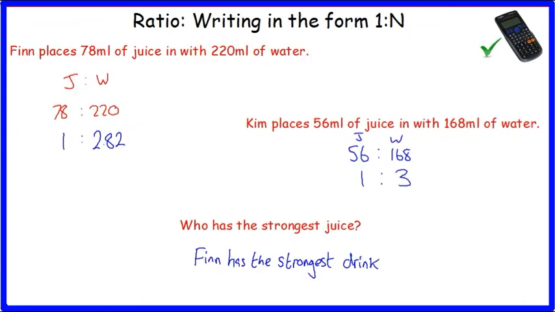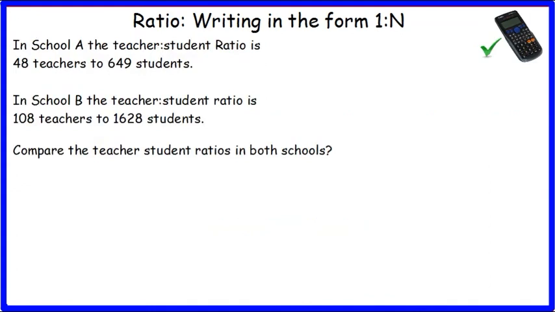Let's look at another example. School A, the teacher-student ratio is 48 teachers to 649 students. In School B, the teacher-student ratio is 108 teachers to 1,628 students. Compare the teacher-student ratios in both schools. So I'll do School A. So I have teacher to student, 48 to 649. I'm going to look at that from